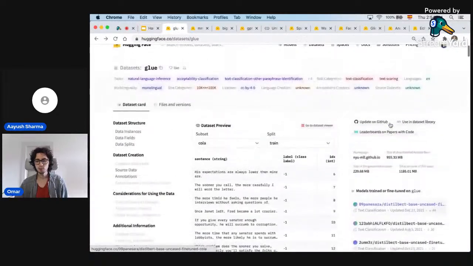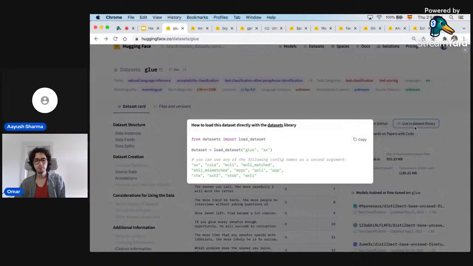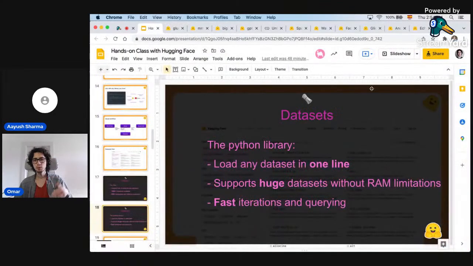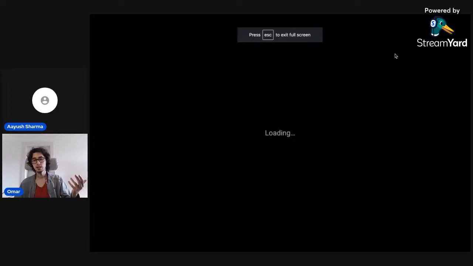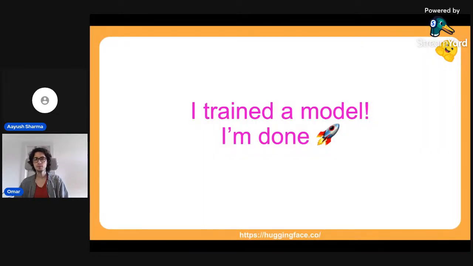And just to give you one example, here at the top right, there is this "use in the dataset library". And it gives you a code snippet. It's really just 2 lines of code that show you how to load this dataset. So it's just doing from datasets import load_dataset, and then dataset equals load_dataset. So as you can see, it's actually quite simple. So we provide the mechanisms through which people can share their models, their datasets, and then mechanisms through which people can easily access these datasets and use them in their machine learning workflows.